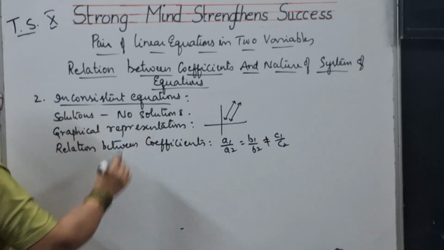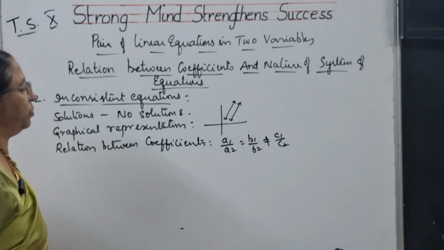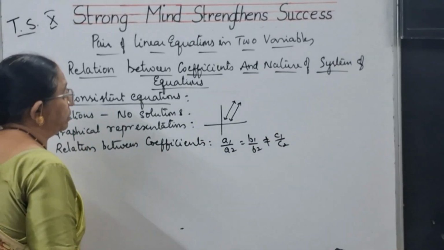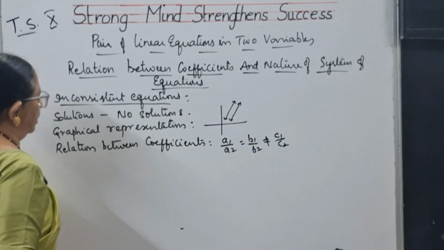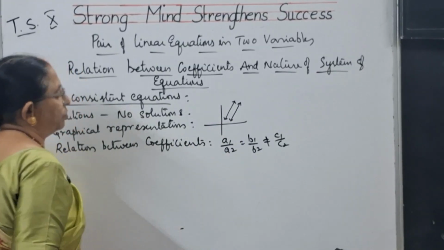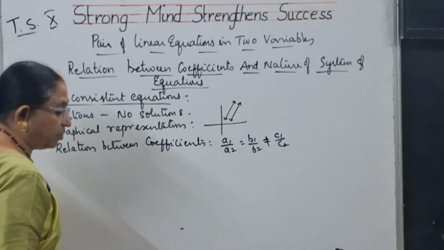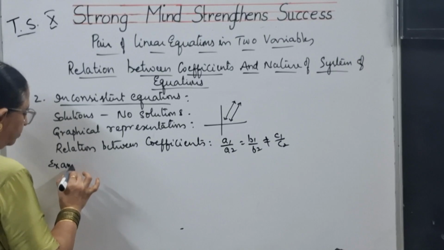When there are inconsistent equations, solutions will be none, they don't have any common points. And when you draw that in a graph, you are getting parallel lines. And the relation is a1 by a2 is equal to b1 by b2 and is not equal to c1 by c2. So as an example,